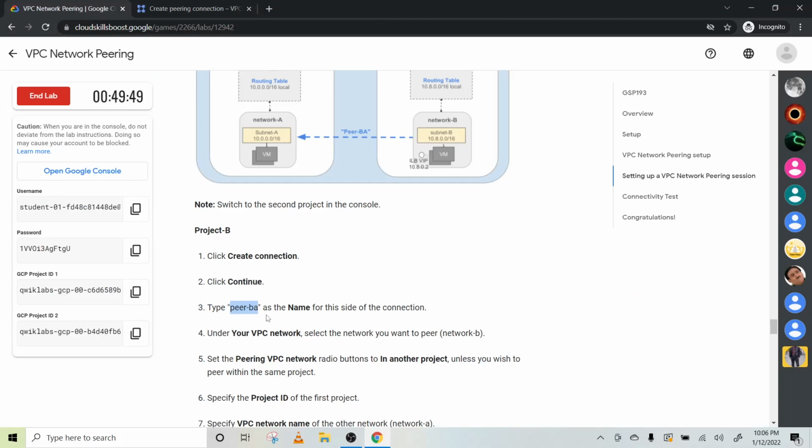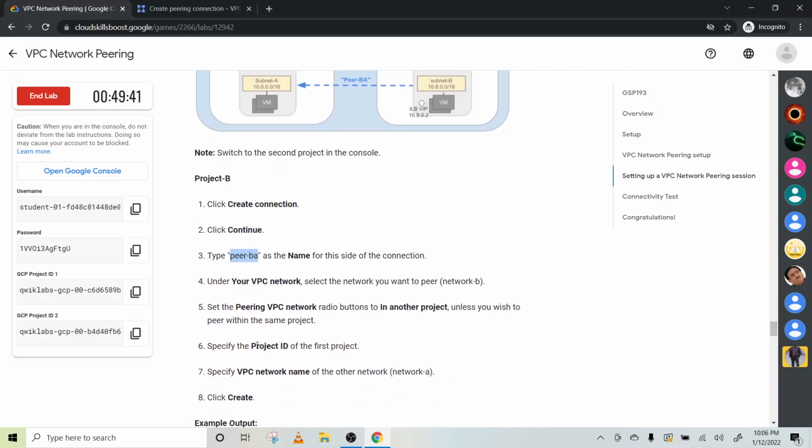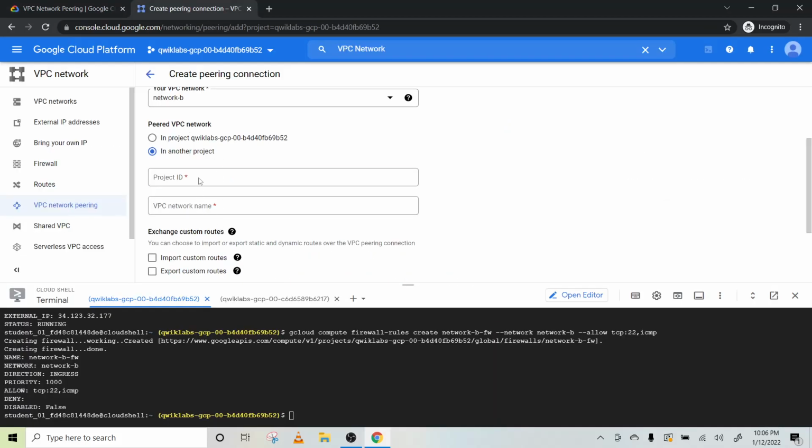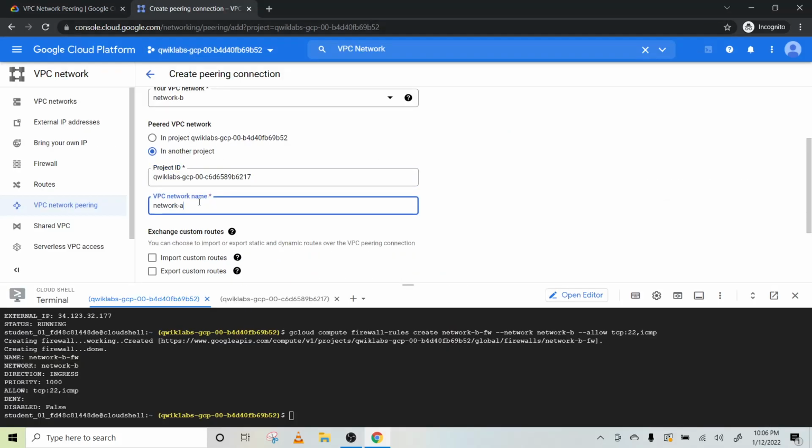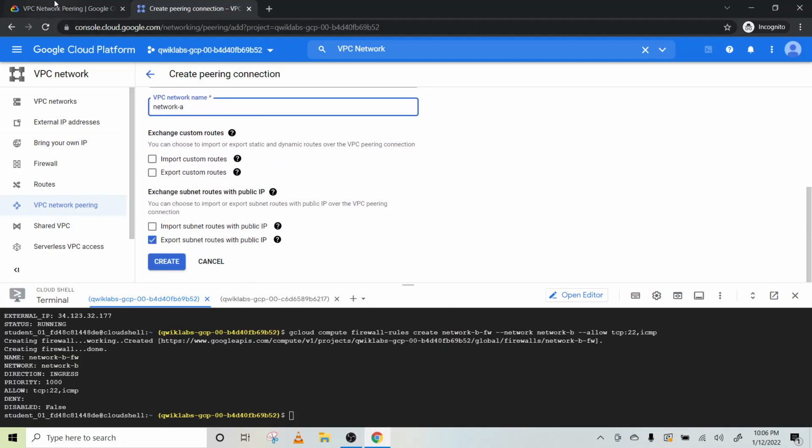Here, network B, in another project. Let's use this to peer with the same project. So the project ID of the first lab, copy this, and type here the network name, and leave everything else as default and click on create.